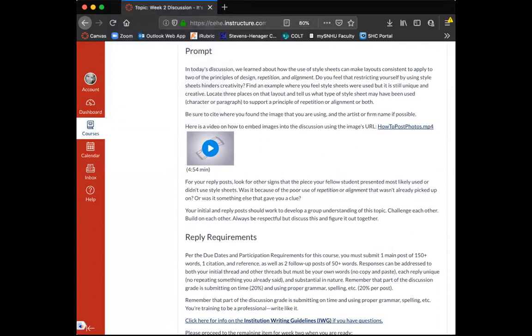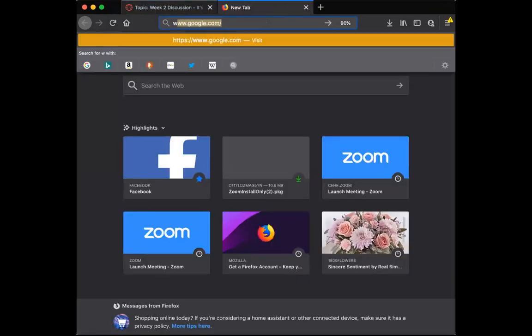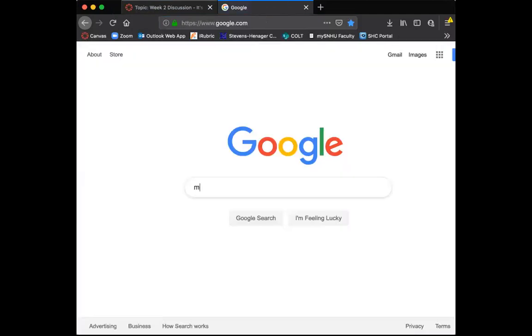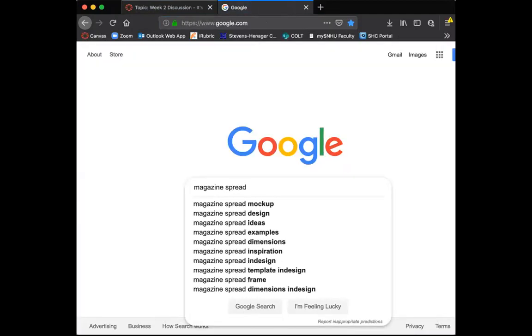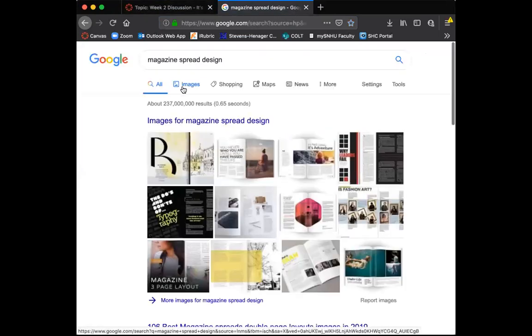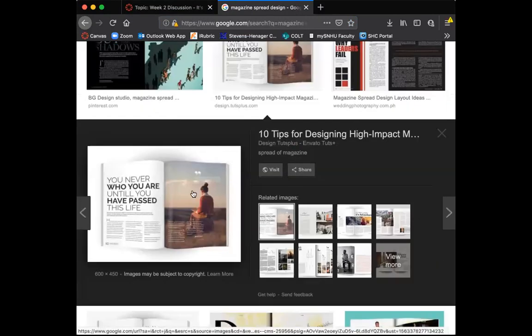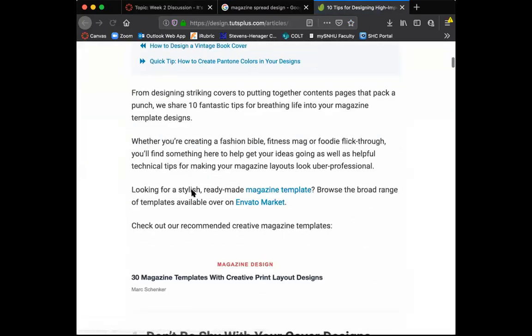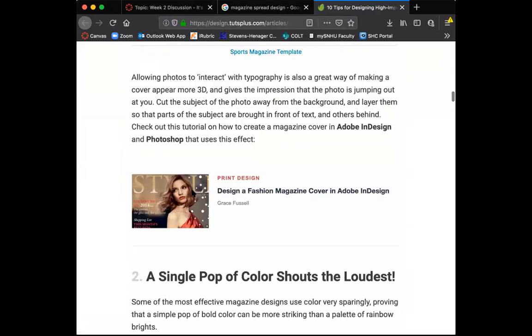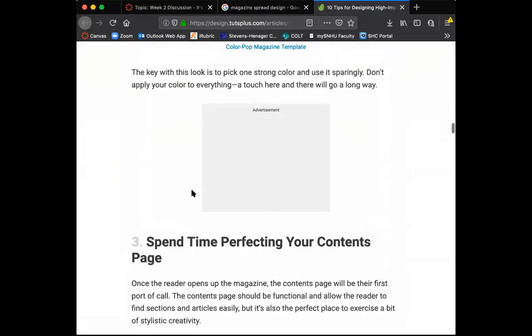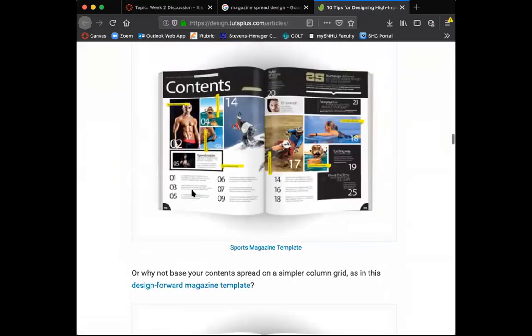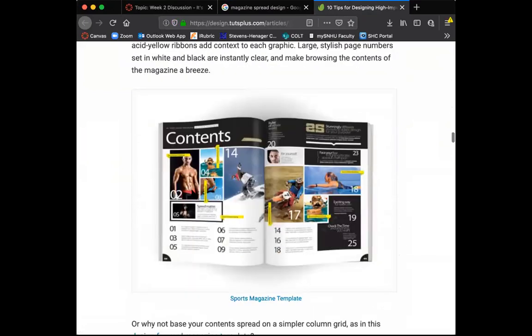Does anybody have any questions about what I just read? I'm going to try and find some examples here. Okay, so I'm going to just open up this example very quickly so you can at least see what we're talking about. There's the inside spread of that one. I guess we could have used this one too. Let me zoom in here.